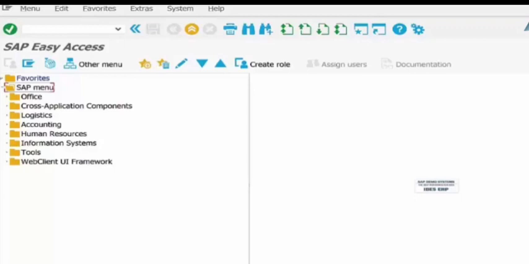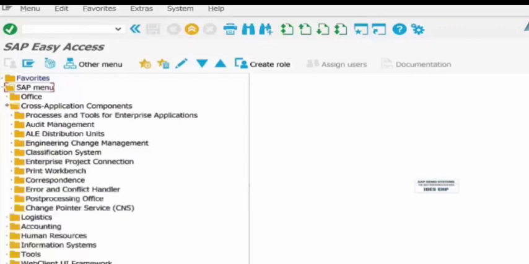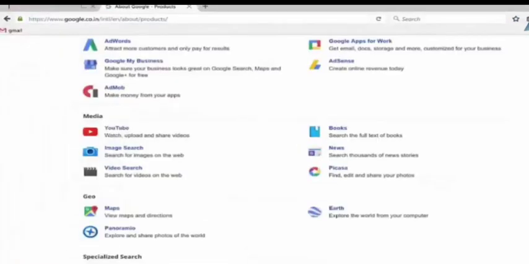Think of it like a browser. You move forward and backward in a browser, right? You move forward in SAP GUI using transactions, and if you want to go back, there's a back button. The menu over here is very much like your Gmail list of links. We go to Gmail,